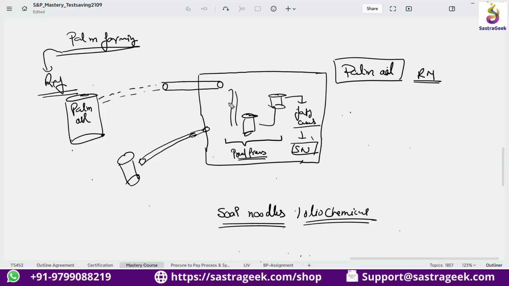It is a major raw material and no planning is required. That is called the lean supply chain concept. Fourth, I'm reducing the efforts to create purchase requisitions and follow up with vendors to create purchase orders. Those procurement and sourcing efforts I'm also reducing.